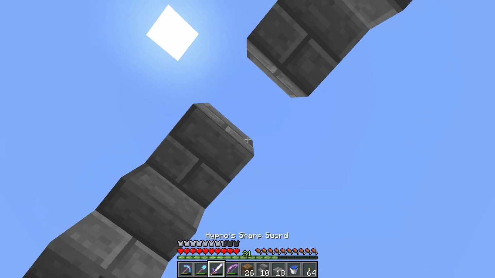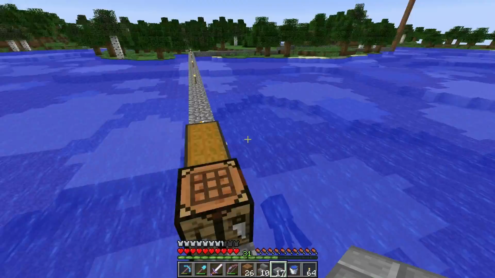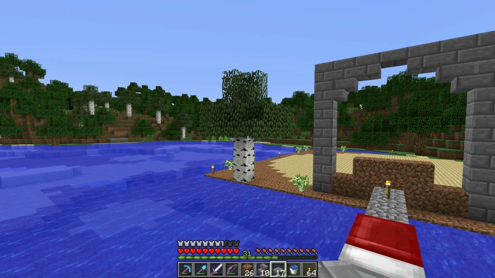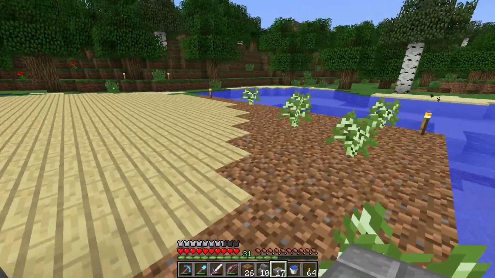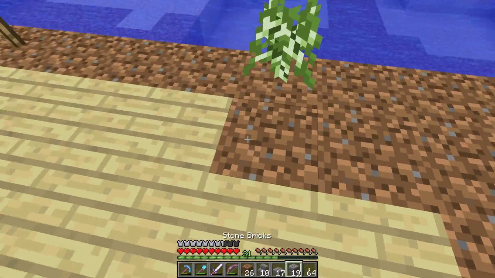Let's go ahead and delete that block, and we will upside down half slab that. How are we looking for an arch? Oop, that's looking pretty good. I like it. Oh, and a birch tree grew. Good. I'm gonna have to chop that down. Okay, so I think that is what we're going to do. I like it. Now, the way this is set up, we can continue that pattern. Let's go ahead and